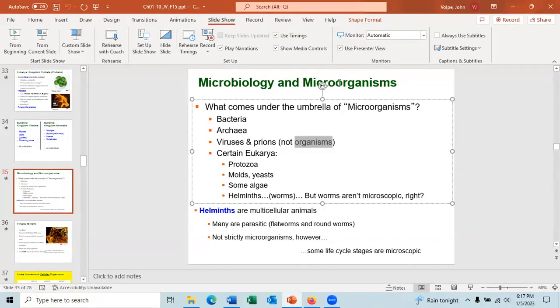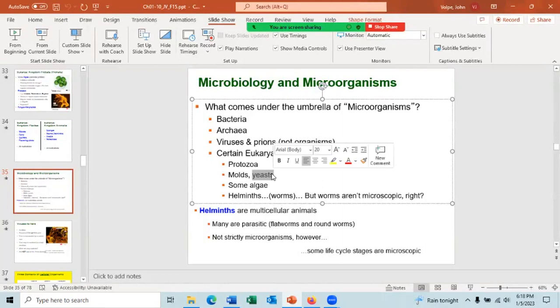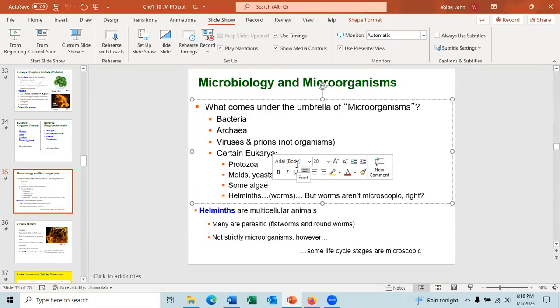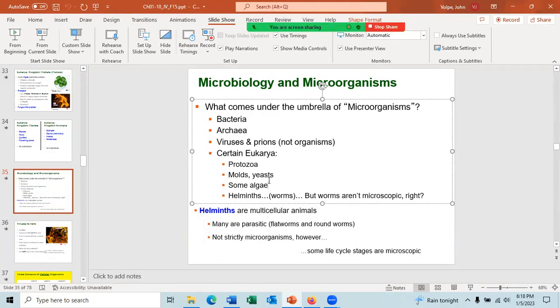Then there's the eukarya, the protozoa, which do cause human disease, and then the molds and the yeast, which also can cause disease, like Candida albicans. It can cause human disease, especially on the skin, but it can cause disease in other places, especially the mucous membranes. Some of the microbes of the domain eukarya can cause disease. Most do not. Most would be the algae. And then the helminths